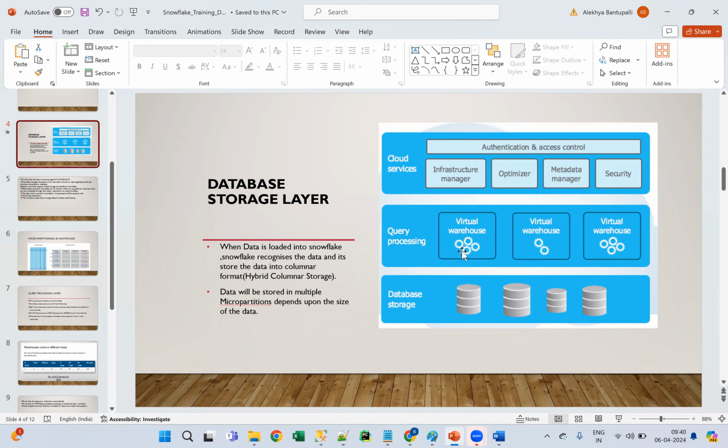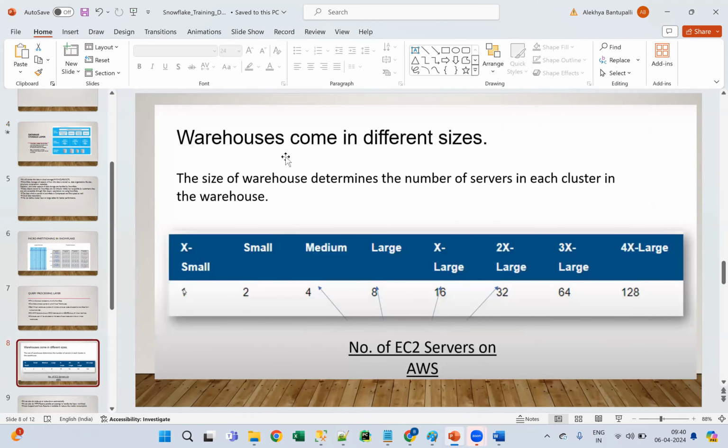Clusters means, guys, these gear symbols you are able to see, right? So gear symbols are nothing but clusters. Depending upon the cluster count, the performance of the particular virtual warehouse will improve. For example, in the virtual warehouse we have multiple sizes. See, these are the warehouses, guys.